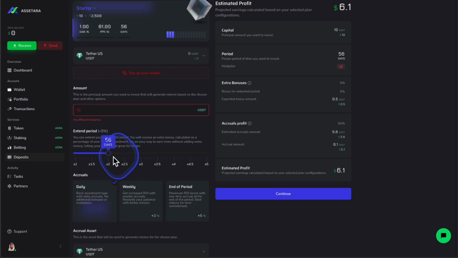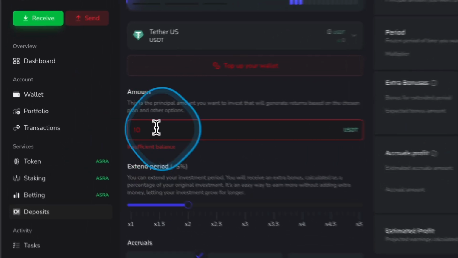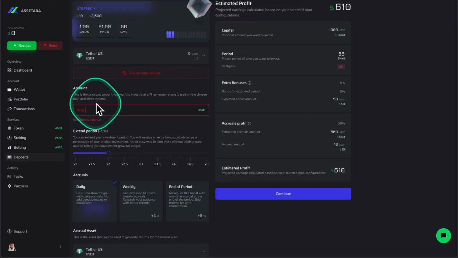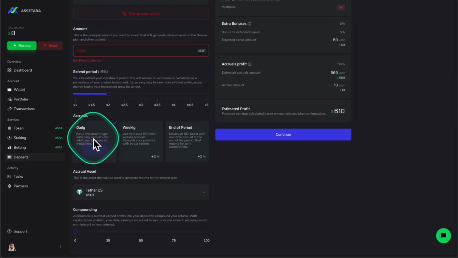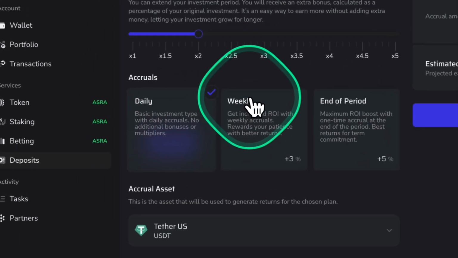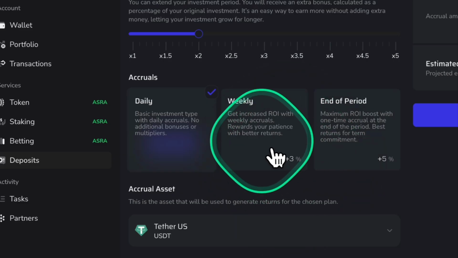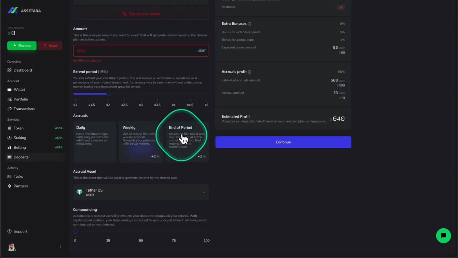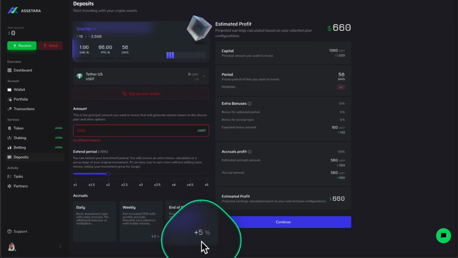Here you have a calculation where you can see the estimated returns according to your deposit. And here is something cool. If you are not planning to collect rewards every day and prefer to do it weekly, they are going to give you a 3% extra. Or if you prefer to do it after you finish your plan, they are going to give you another 5%